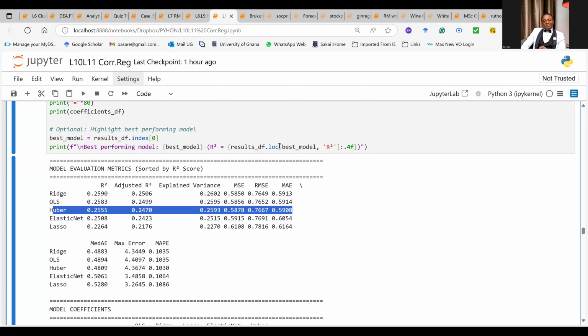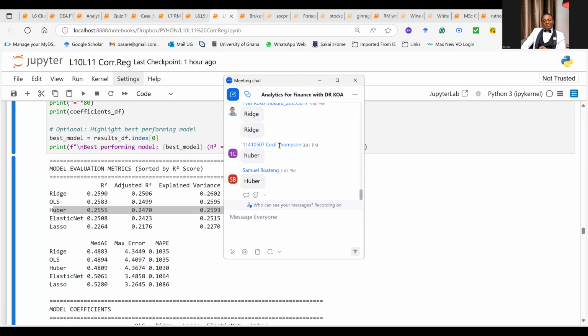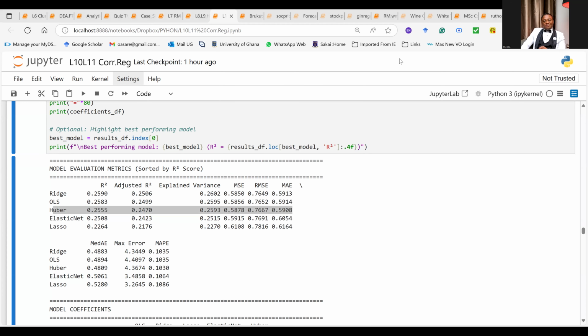Based on the MAPE, it's Huber. Very good. It's Huber. Okay, so you got to be very careful.